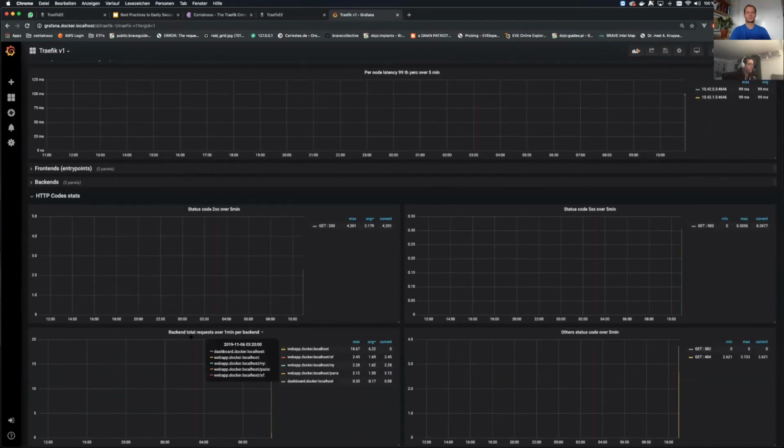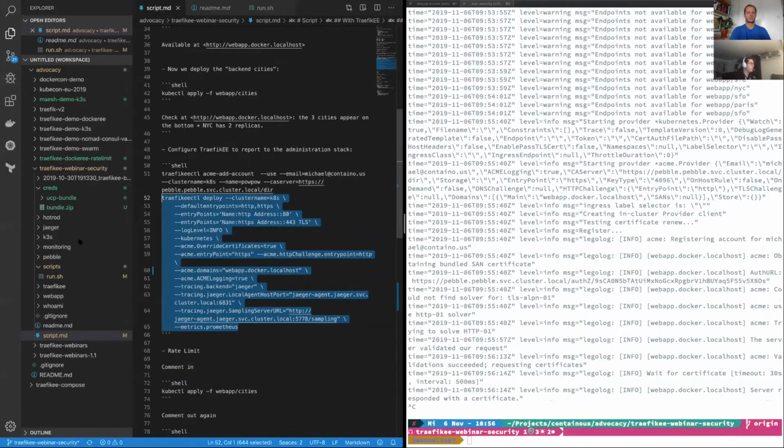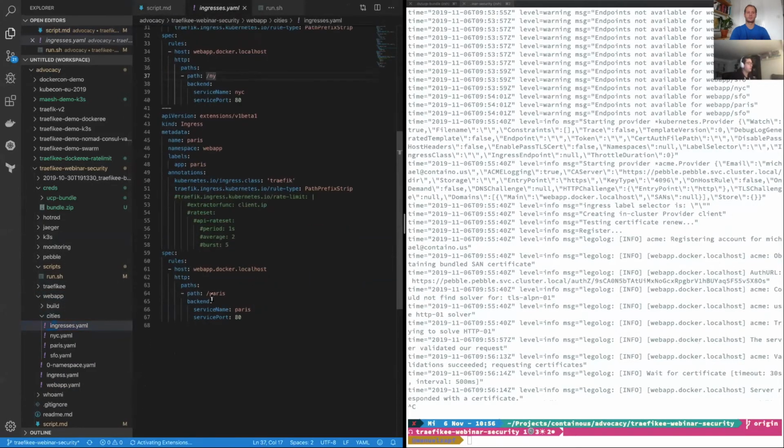We can see the backend total requests over a 1 minute period, to see if one of our services is getting too many requests, to potentially then enable rate limiting or other scenarios to make sure of that. Let's say one of our services here is just getting too many requests, and we want to limit it. Then we could go in our ingress definition of Kubernetes and just set a couple of annotations